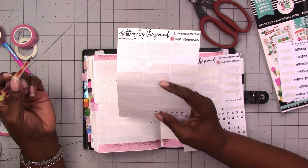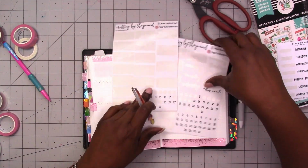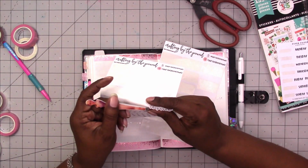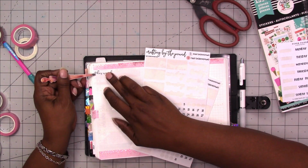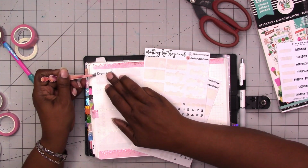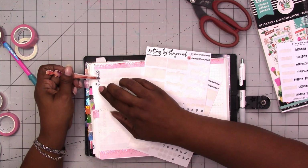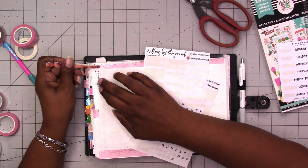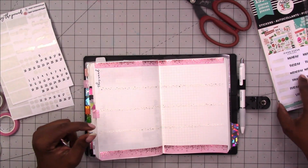So I'm going to use leftover date dots that I have from Crafting by the Pound. And I'm also going to use this week's sticker. I'm going to use it up here. Or should I turn it to the side? I think I'm going to turn it to the side. And before I do the date dots, I think I've got to put down,